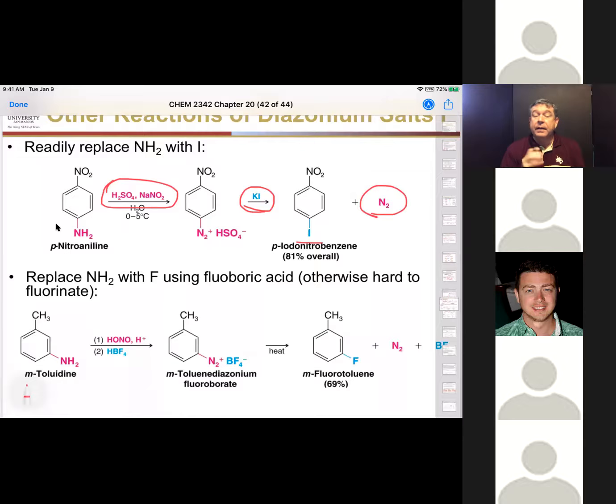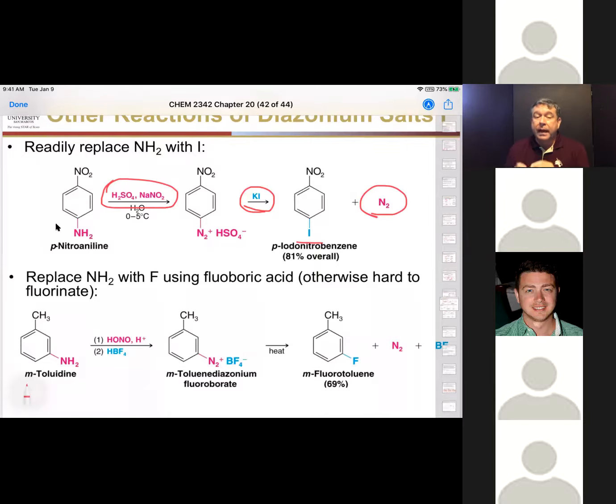Okay. And again, this reaction doesn't matter whether there's an electron donating group or an electron withdrawing group associated with it. It will still do the nucleophilic aromatic substitution reaction with the nucleophile coming in after you form the diazonium salt. Now, in the case of fluoride, because it's very hard to get the fluoride to be in the correct position and at the correct electronics, we actually do a trick where we use